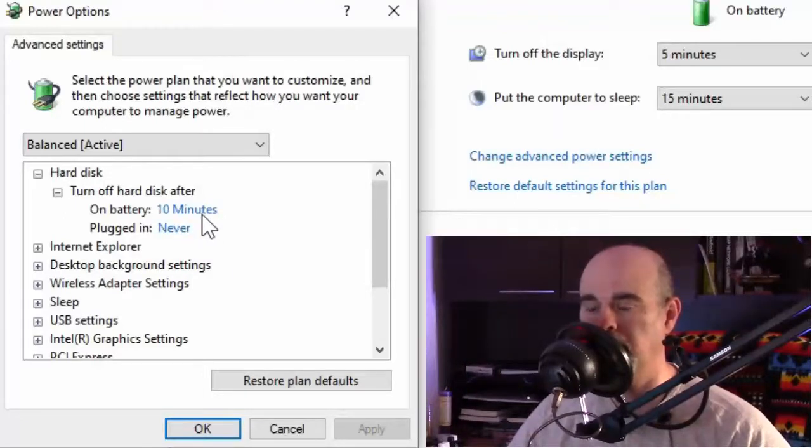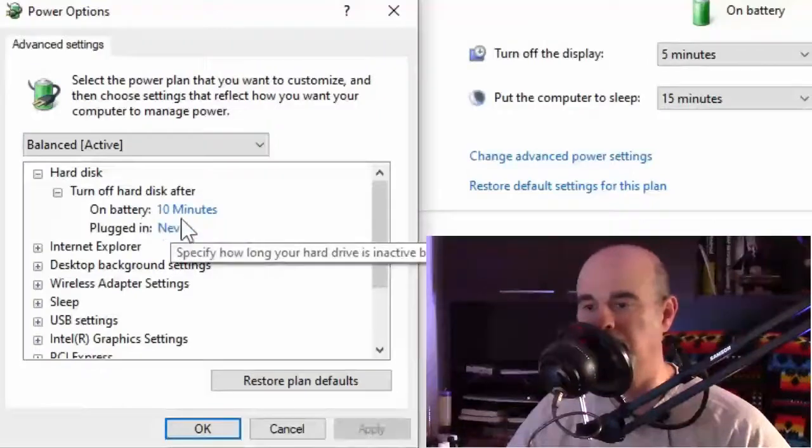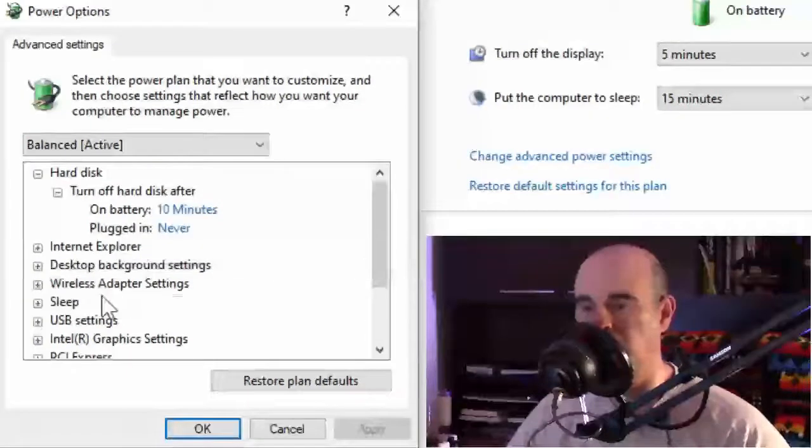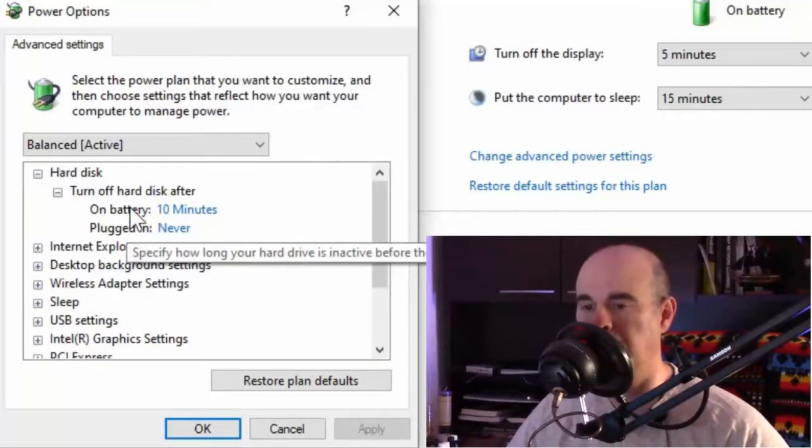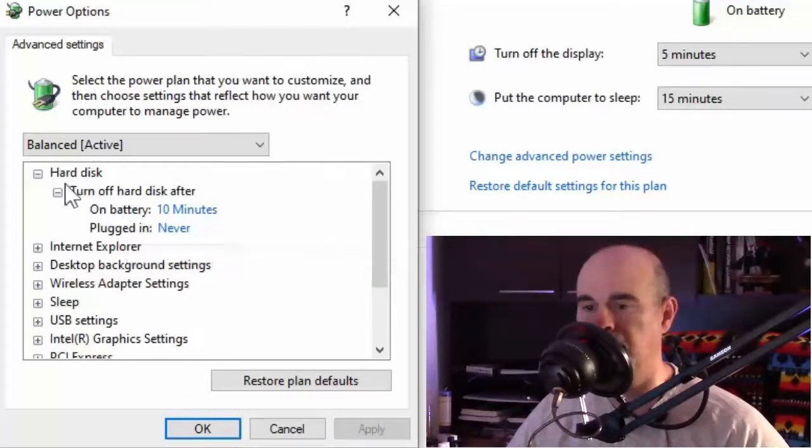So the hard drive is what has all your information on it, and it will basically put itself to sleep and write everything to a special area on the disk so it can power off and save power. So when it's on battery, you may have a certain amount of time before it goes off, versus when plugged in, if you have a laptop, you'll have the two options, like I said. So everything will have two options for the most part, for plugged in versus on battery, if it's a laptop. So you may want to change these settings.